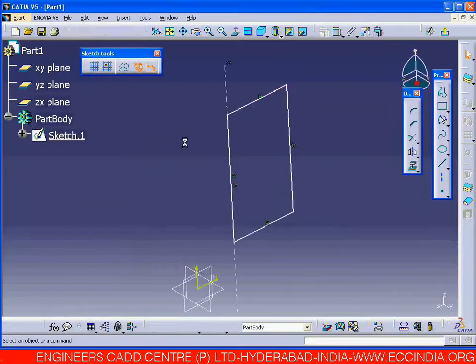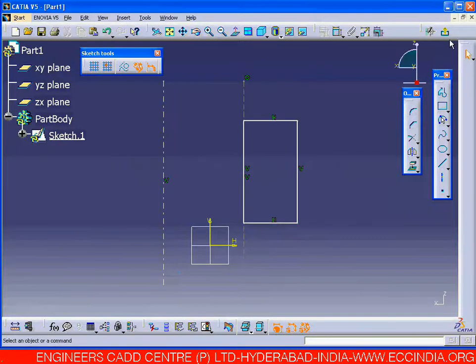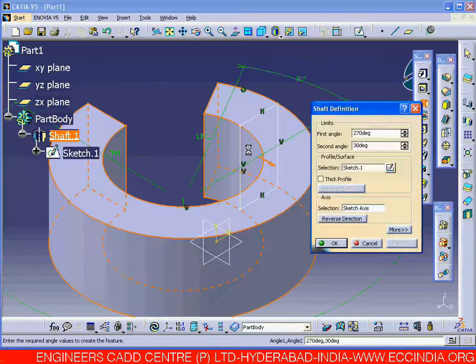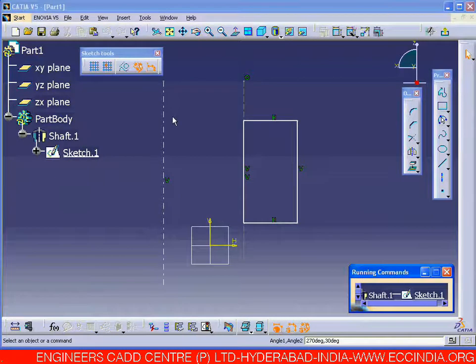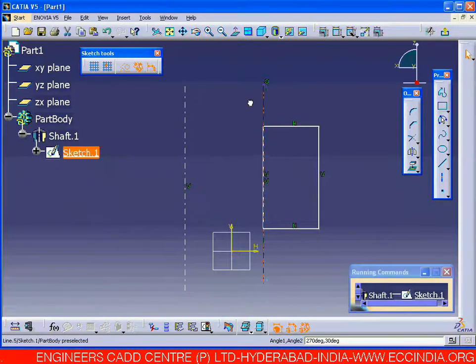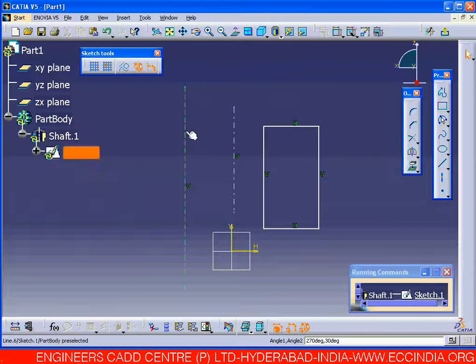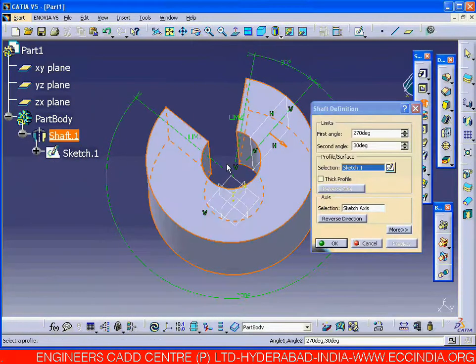In this, if I take two axes, then which is going to be accepted? Exit from the sketcher. Now see the variation in the shaft. Whatever new axis we have drawn, that axis it has considered. The initial axis has been converted into a construction element. Now if I draw a new axis, observe this one. After drawing this one, the other has been converted into a construction element, and only this axis is there. Then it considers this element as the rotation axis.